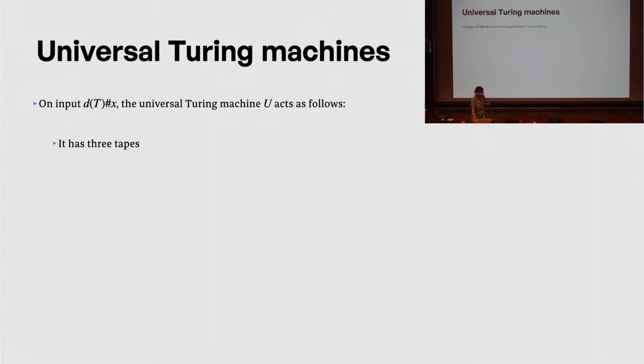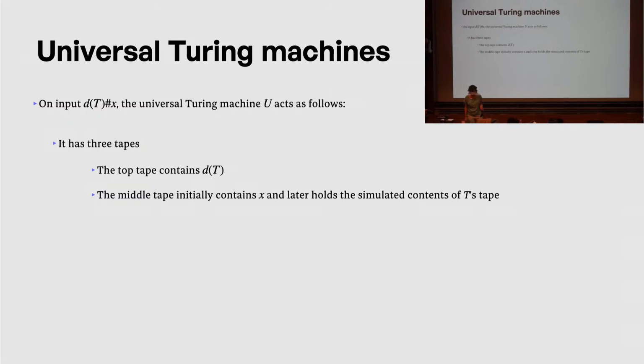And it does the following. So it has 3 tapes. As we mentioned earlier, that's allowed, that's innocuous. The top tape contains the description of t. The middle tape initially contains x. So technically, if the top tape contains initially d of t hash sign x, then x is copied to the middle tape. All right, so the middle tape initially contains x, and later will hold the simulated contents of this tape. Right, so the middle tape will simulate